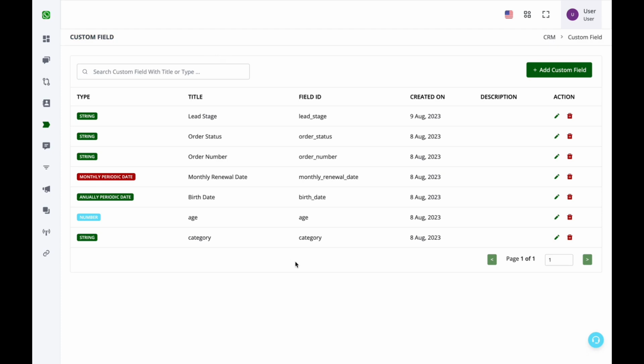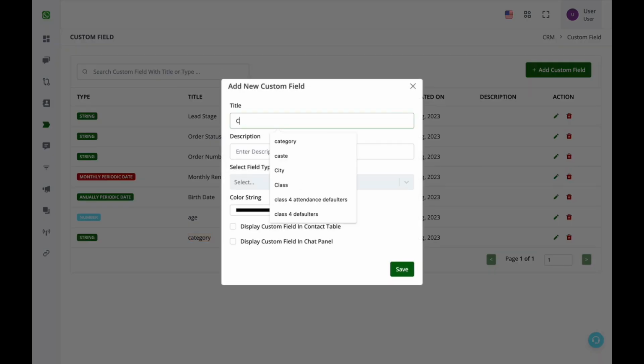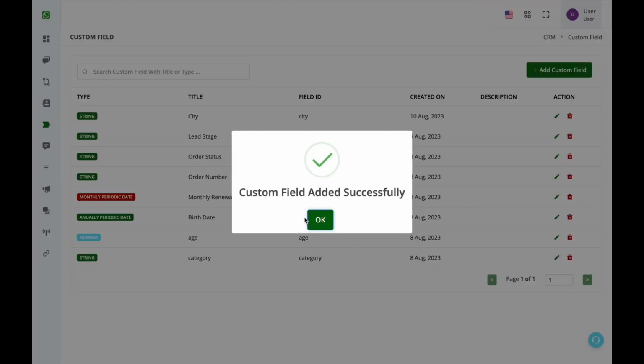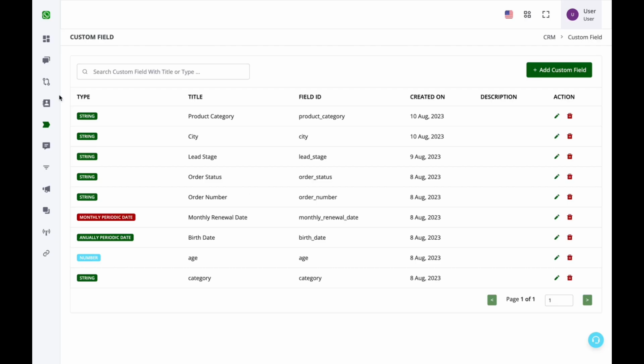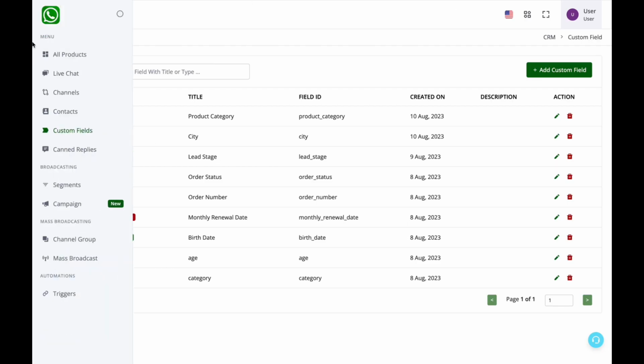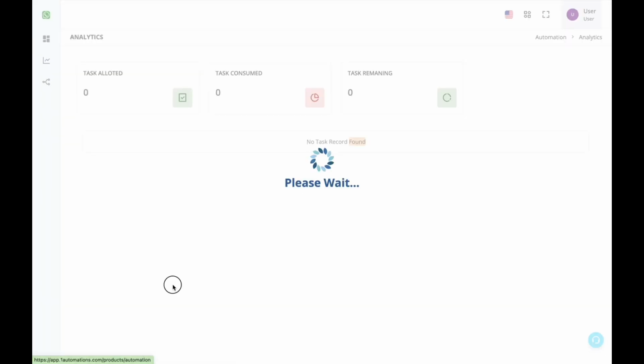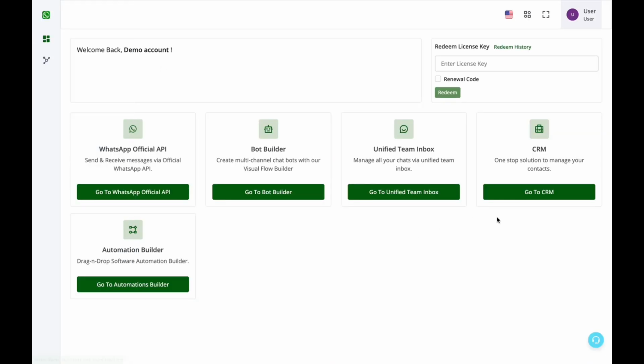So in my bot use case, I want to store the customer's category, either B2B or B2C. I also want to store their city, so I'll simply create a custom field as city, and I also want to store the product category. Now, once I have created the custom fields, I'll go to the bot builder,